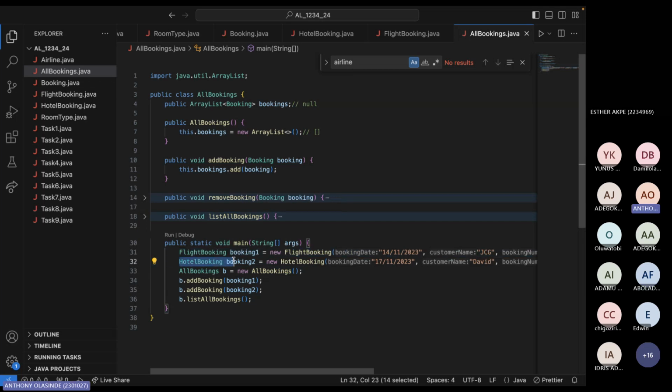We created a hotel booking separately. But we want to add each of these bookings to this list that is up here. You know, at this point it is null. At the point whereby we initialized it, all bookings, we change that null to an empty array. Let's just take it one by one. So maybe